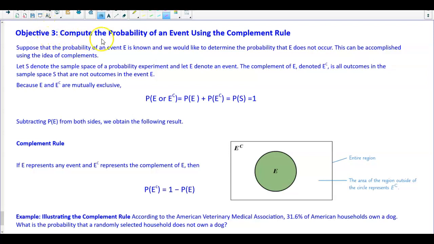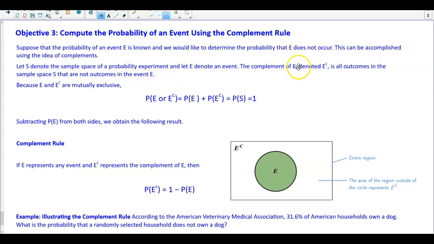Objective 3. Compute the probability of an event using the complement rule. Now suppose the probability of an event E is known, and we would like to determine the probability that E does not occur. This can be accomplished using the idea of complements. If we let S denote the sample space of a probability experiment and let the event E denote the event,